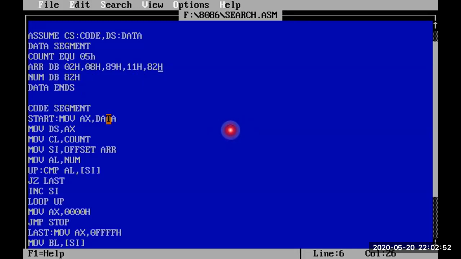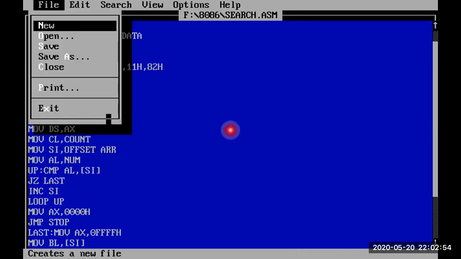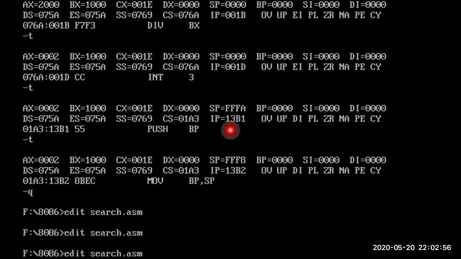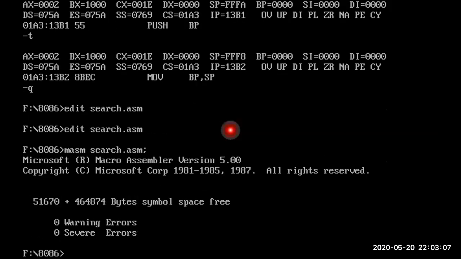So Alt F, yes, Alt F X. Now what you should do? MASM file name. What is our file name? Search dot asm semicolon enter. So you got 0 errors and 0 warnings.